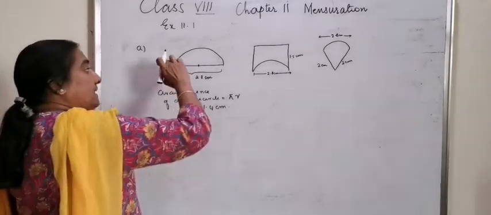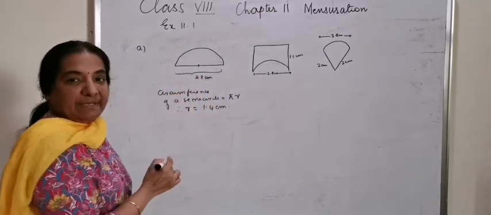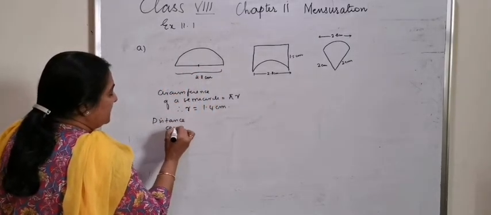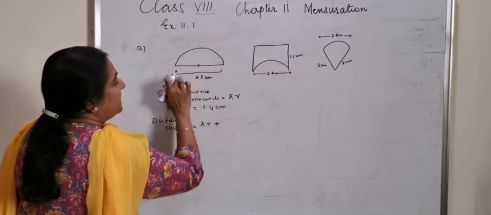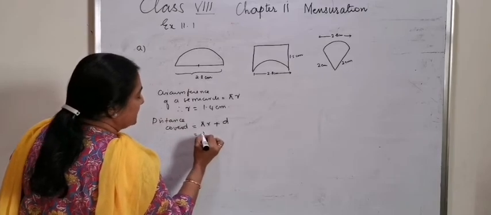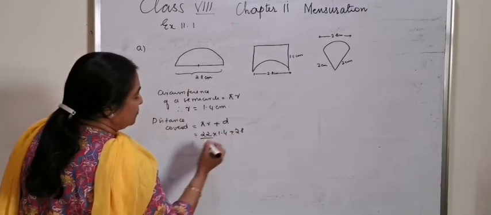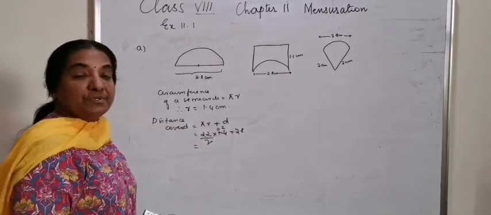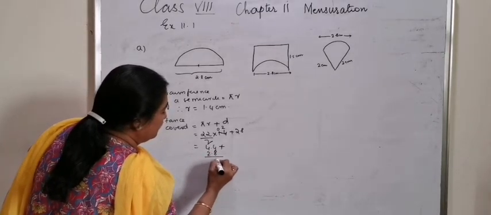And now in this figure the ant has to cover a semicircle plus the diameter. So the distance covered is equal to pi r plus diameter, that is 22 by 7 into 1.4 plus 2.8, this is 0.2, 22 into 2 is 44, so 4.4 plus 2.8,